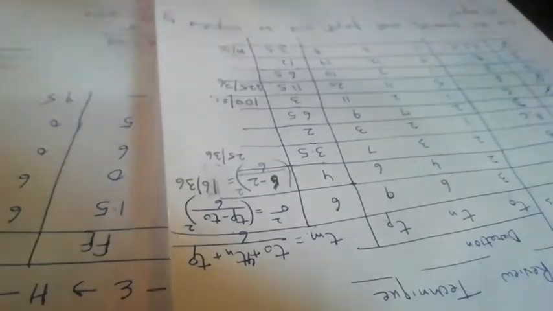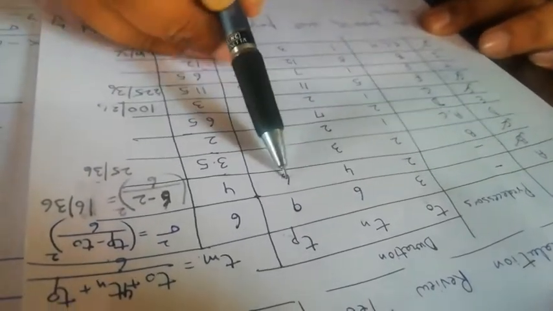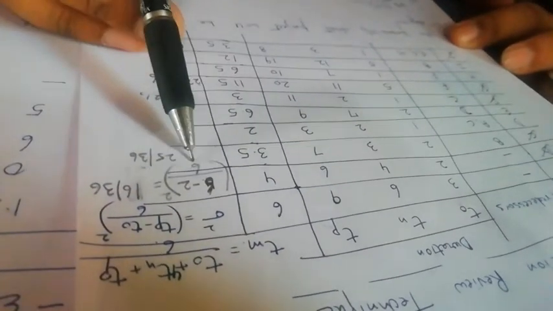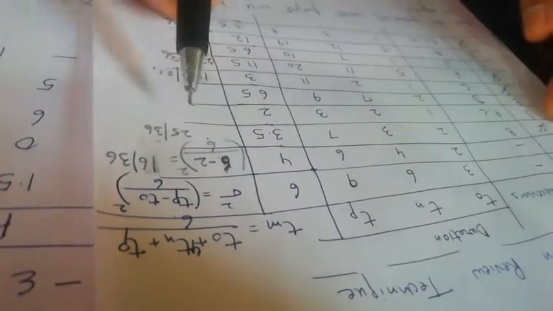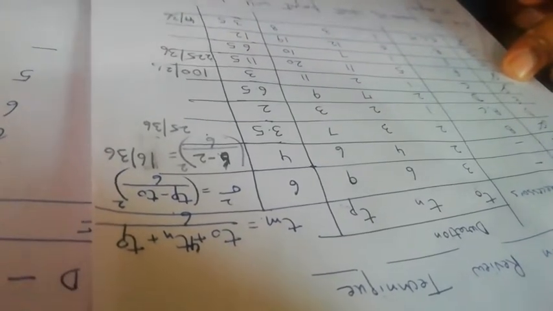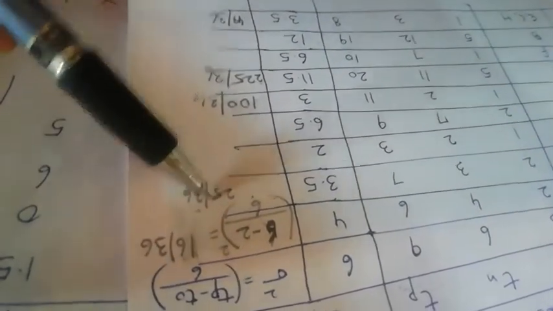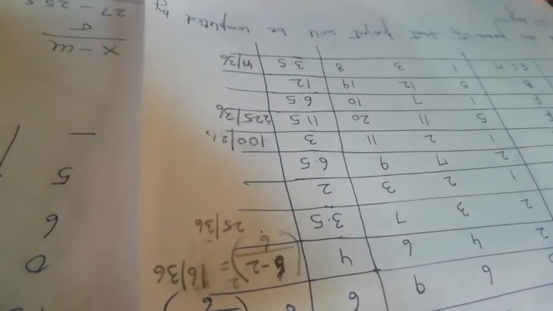I have already calculated this by the formula sigma square is equal to (Tp minus T0) by 6 the whole square, and I have calculated it only for the critical activities. For the first it is 6 minus 2, Tp minus T0, (6 minus 2) whole square divided by 6 whole square, so it will be 4 by 6, so 16 by 36. Similarly for C it is 5 by 6 whole square, 25 by 36. For F it is 11 minus 1, 10, 100 by 36, then 225 by 36 and 49 by 36. So only for critical activities I have calculated the sigma i square, not for the non-critical. These are the individual sigma i squares.